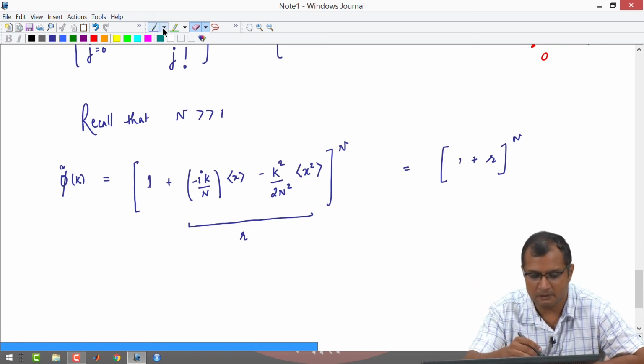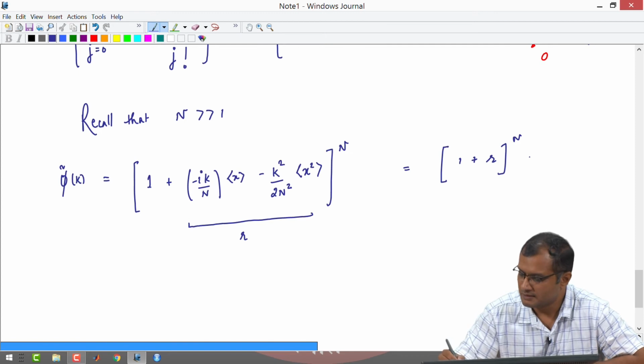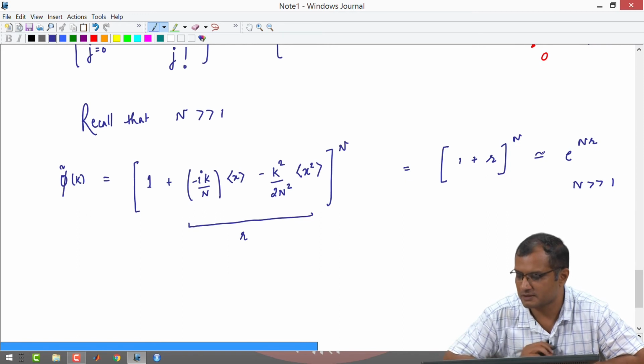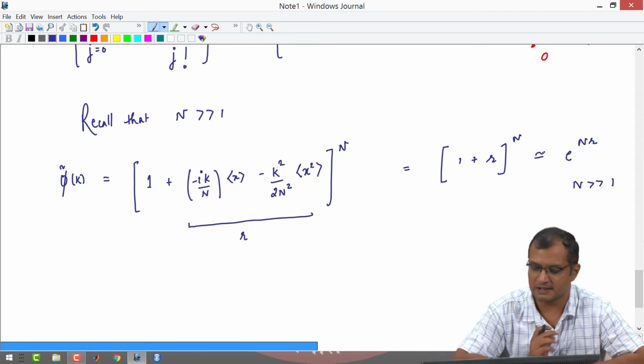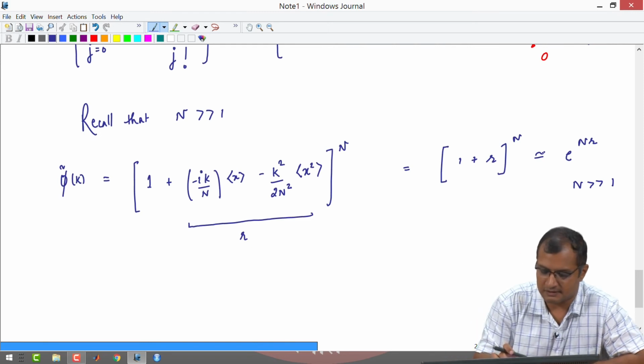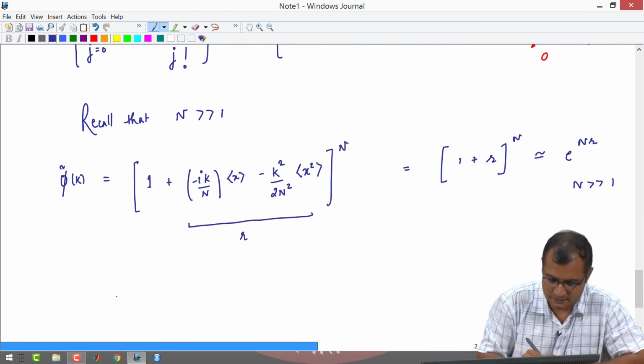Now, the expansion of (1 + r)^n is just e^(n r) if n is much larger than 1. This is an approximation that (1 + r)^n is e raised to n r. Now, simply put r as what I have written here. So, this becomes